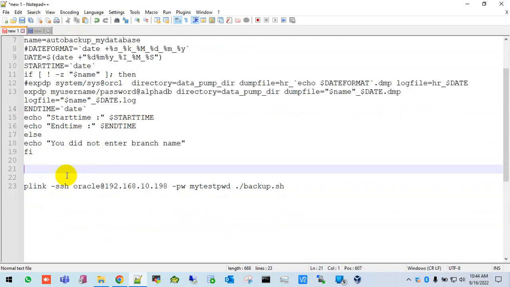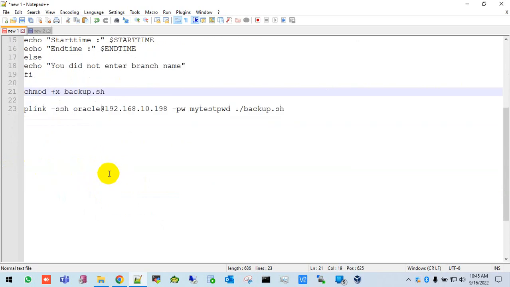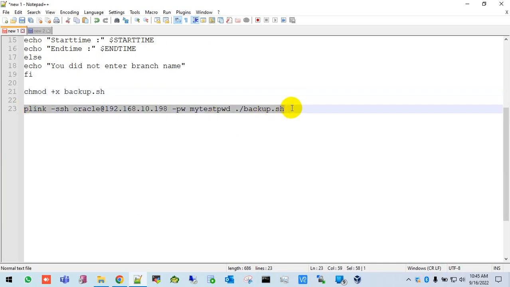We know how to make a file executable on Linux: chmod +x, then the file name, backup.sh. This command will make the backup.sh file executable, and then we need to run this command from the command line on my Windows PC for taking the backup from the remote database server. My target database server is this, and I will show later how this command works. Okay,